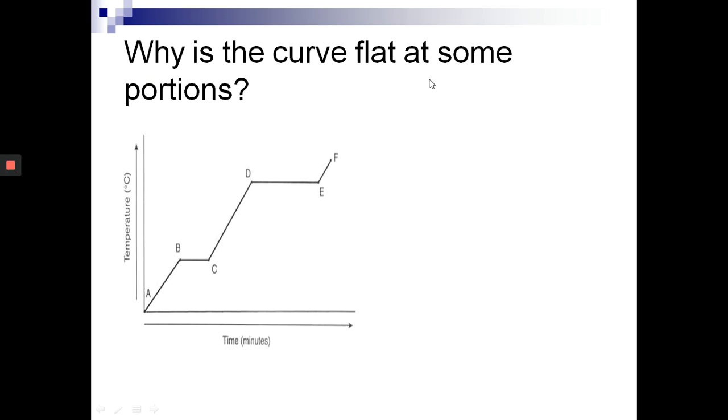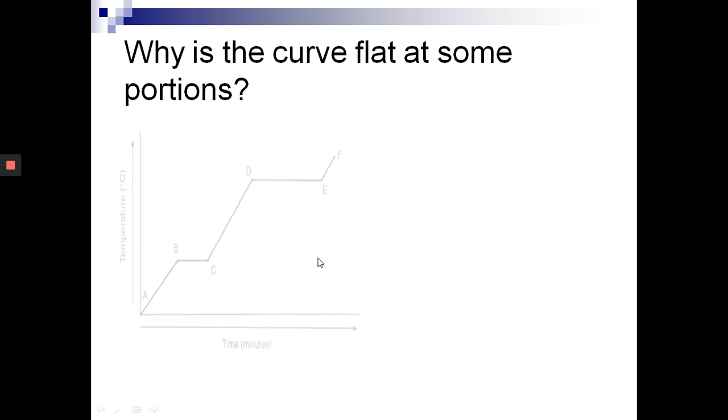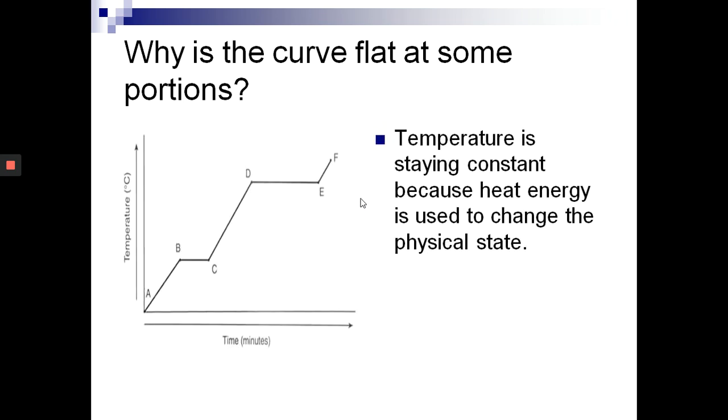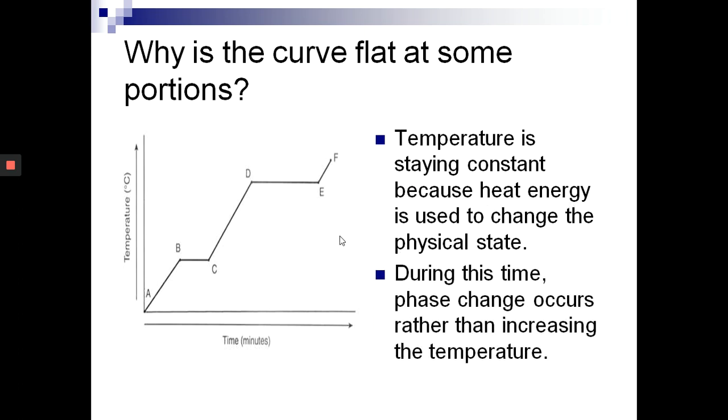Why is the curve flat at some portions, such as the second and the fourth sections? Well, the temperature is staying constant because the heat energy is used to change the physical state. Okay? During this time, the phase change occurs rather than increasing the temperature. So, rather than the heat energy being used to increase the temperature, this is when all the heat energy is being used to break the intermolecular force that's holding